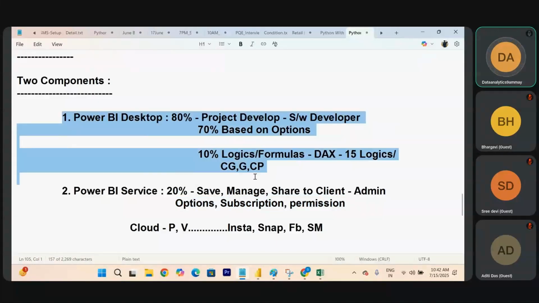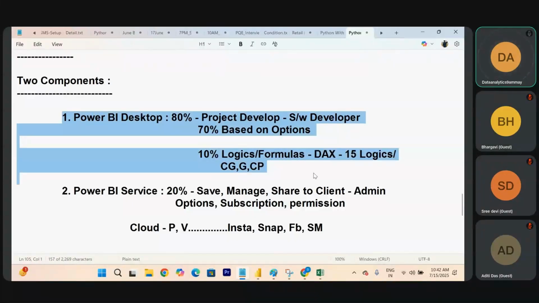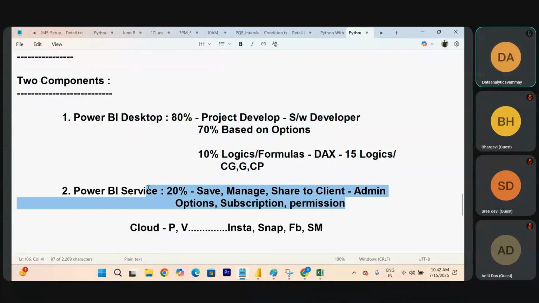You are not going to do the entire thing alone. If you go for software developer, you go as a Power BI developer only. With Power BI Desktop only, you are getting work alone. If you want to go as an admin guy, this is another position, and only admin activities this person has to do. But under our training, we will train you both.